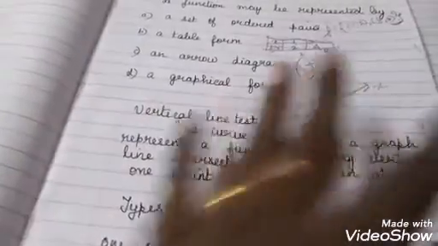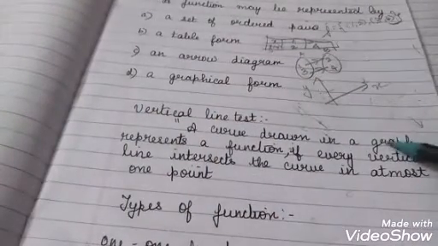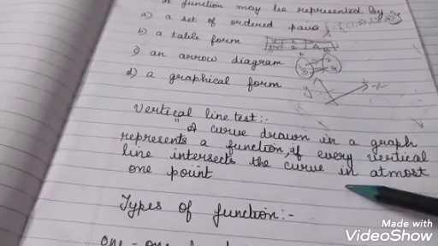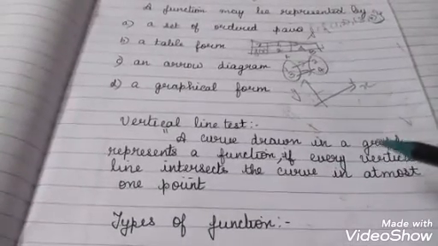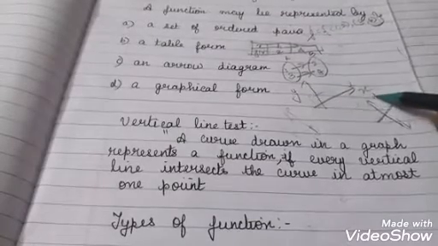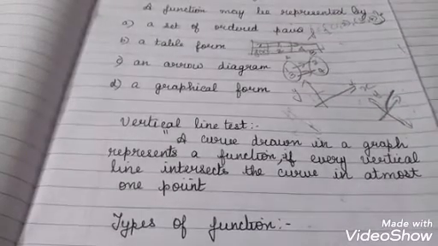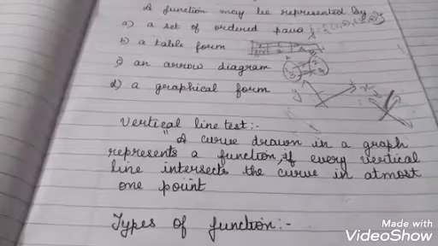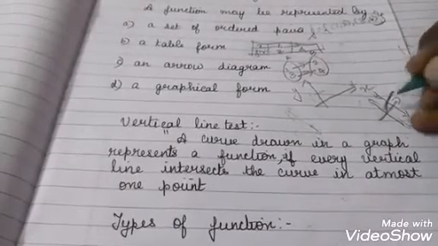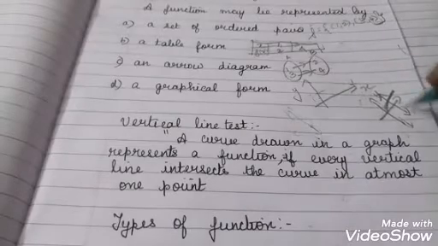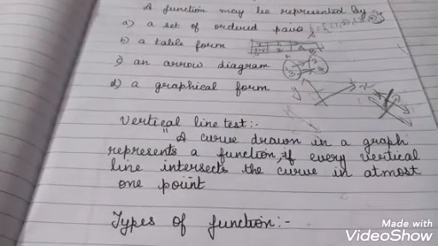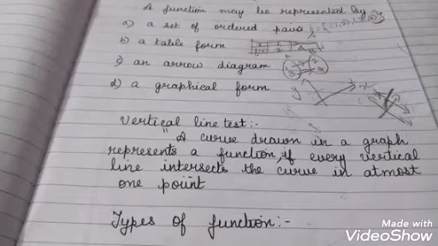Now how do you check whether the given curve is said to be a function or not? That's what you're going to see next. For that we'll be using the vertical line test. So what do you mean by the vertical line test? For example, I have a curve like this. I want to check whether this curve is a function or not. What I'll do is draw a vertical line here. When I draw this vertical line, it meets only at one point. Therefore, what can I say here? It is said to be a function. That's what I have written here.